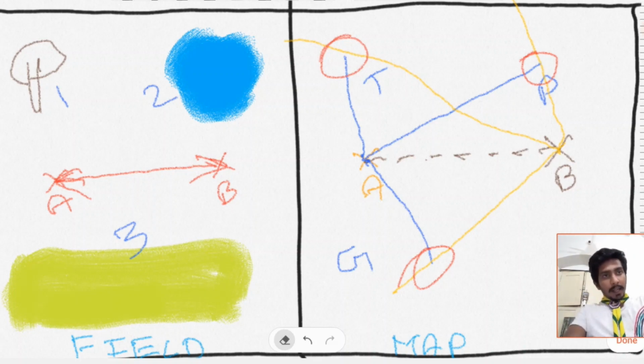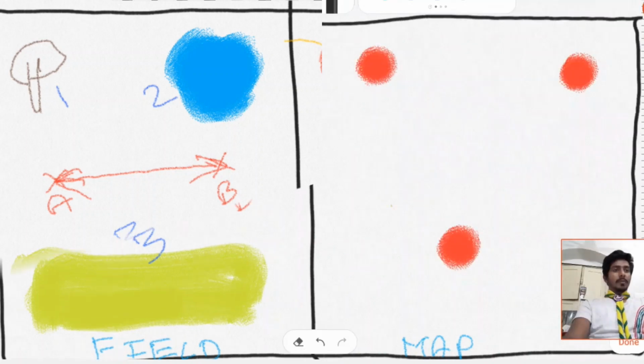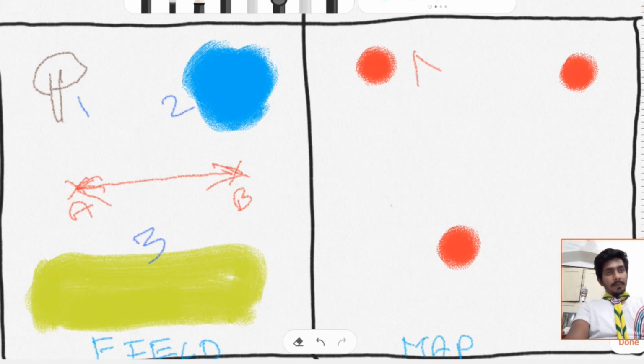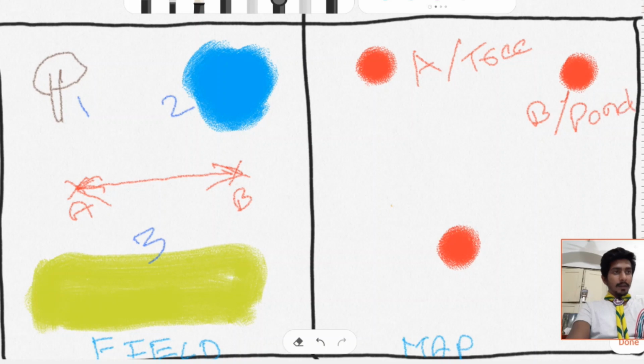Once we are done with the mapping, by erasing these lines, we are left with 3 points: A or the tree, B or the pond, and C the farm or the garden.